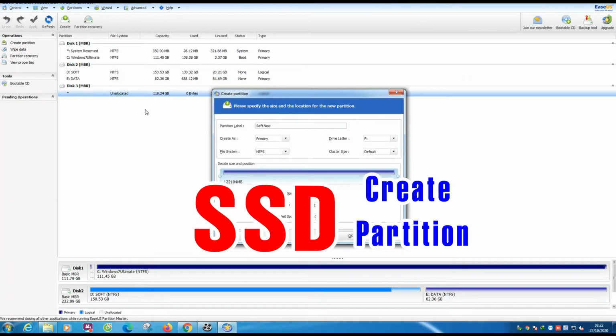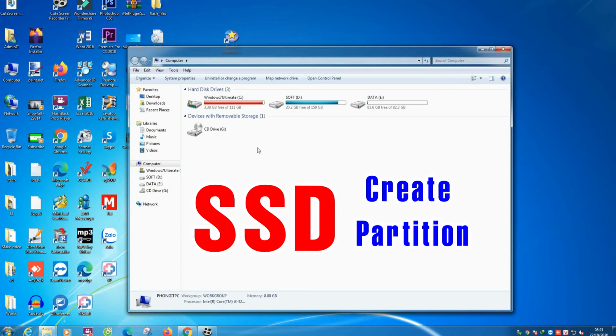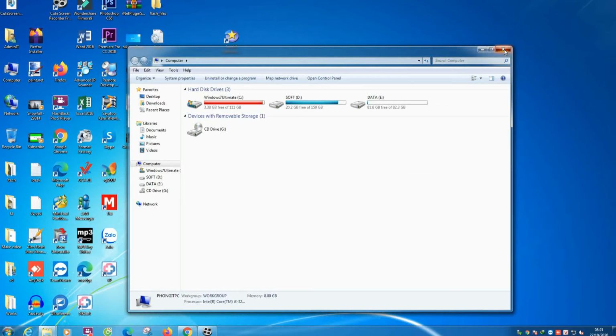Today I will make a tutorial on how to create a partition on an SSD hard drive simply and effectively. A new SSD hard drive, when mounted on a PC and have not created a partition, will not show up in Windows. To use the drive, we proceed to partition according to the following steps.